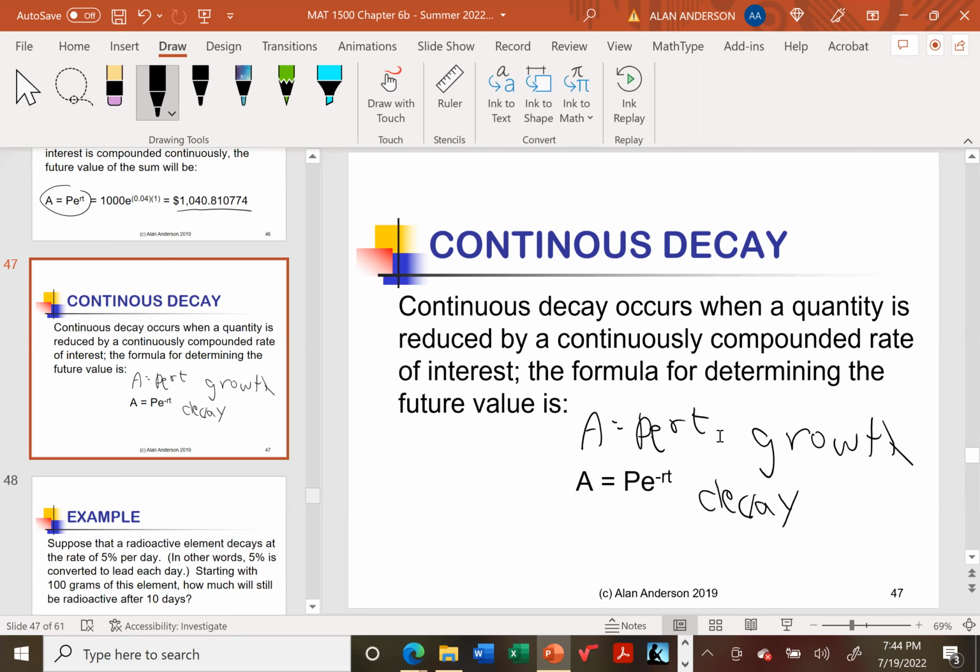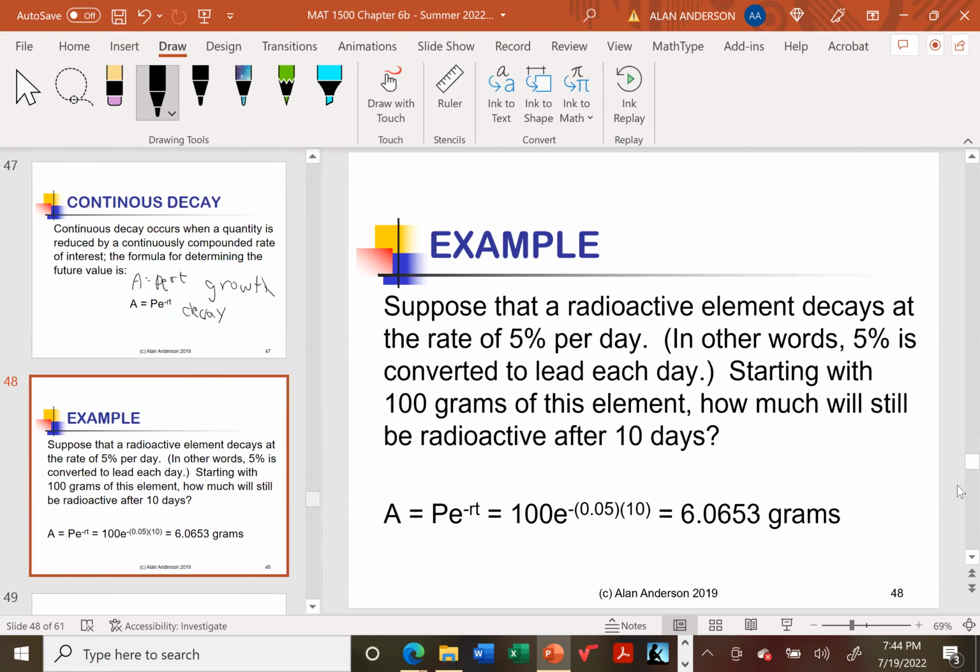So let's look at an example of this. Now we have a radioactive element that decays at a rate of 5% per day. In other words, every day 5% is converted to lead. Starting with 100 grams of this element, how much will still be radioactive after 10 days? So the decay rate is 5%, in this case per day. T is expressed in days. So therefore, we have 100 e to the minus 0.5. And so after 10 days, the original amount of 100 grams of element only has 6.0653 grams of radioactive